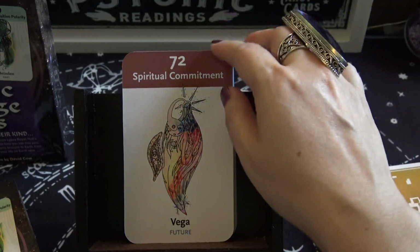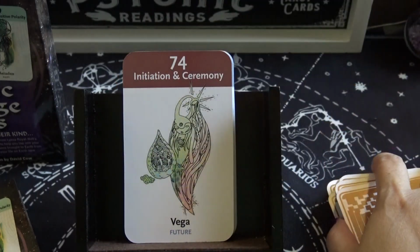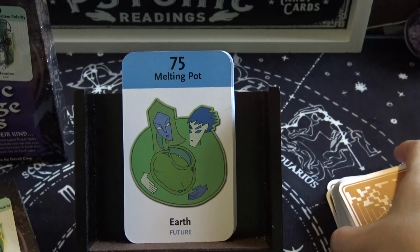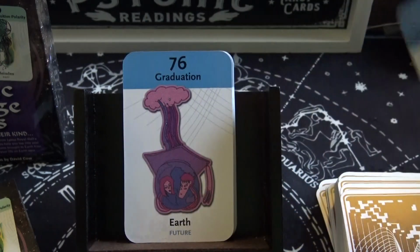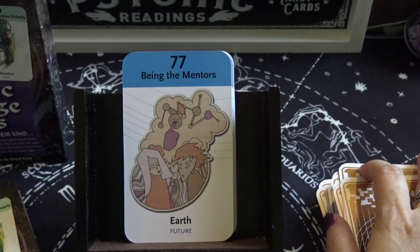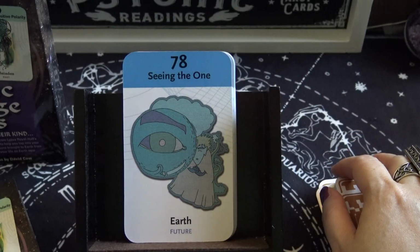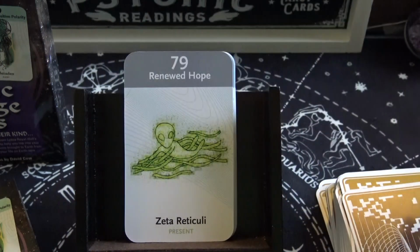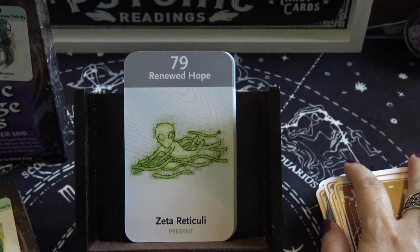Spiritual commitment, freedom, initiation, and ceremony. All right, so now we are looking at Earth future timeline. Melting pot, graduation, being the mentors, seeing the one. Wow, that reminds me of the Matrix. The one. Neo. All right, so now we're looking at this Zeta Reticuli